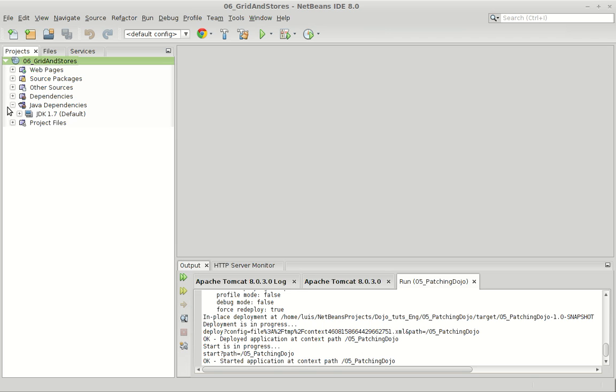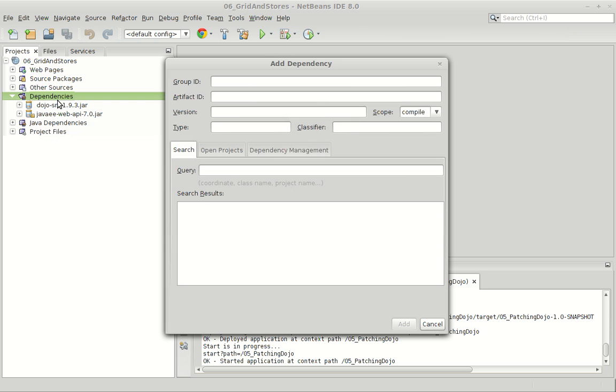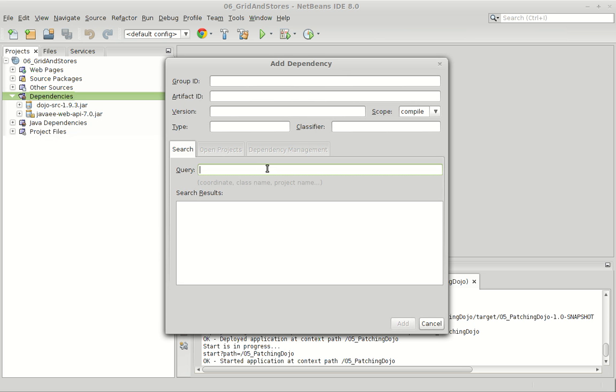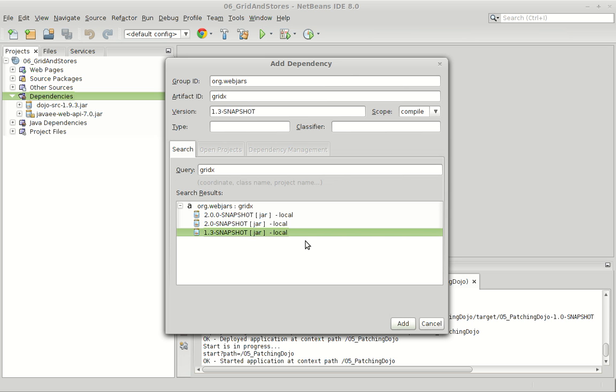So, the Java dependency. I'm just going to add the dependency to GridX. And here we go. This one is in my local repository because I created the pom. Basically, I created the commit for the WebJars code, so that's why it's here. But